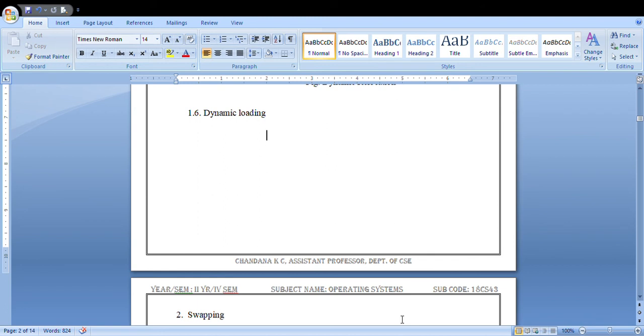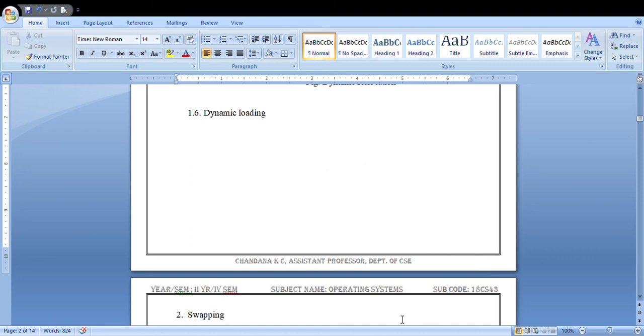Next is dynamic loading. Dynamic loading is used for better memory space utilization. As I said, in dynamic relocation there is no rule to store one after the other, so wherever the memory space is free, it will allocate the resource to that memory location.